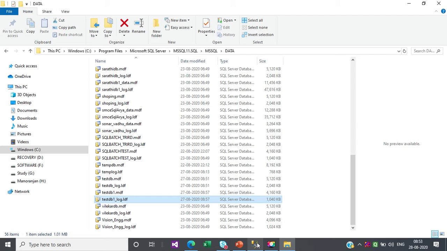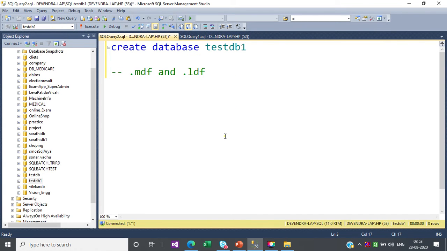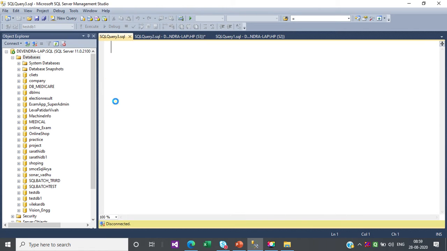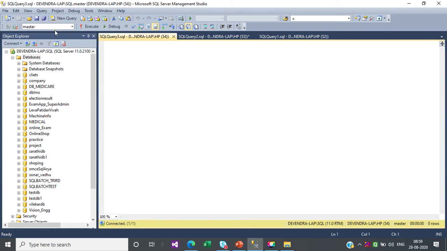Okay, just go into our database server. Now let's focus. We are creating a new database with the help of a query, and we will specify all the parameters regarding it. So just make sure we are in the root database. We are just creating a new database. So I am clicking on new query window, then automatically you will see the master database here, right? Now here we can create our new database.